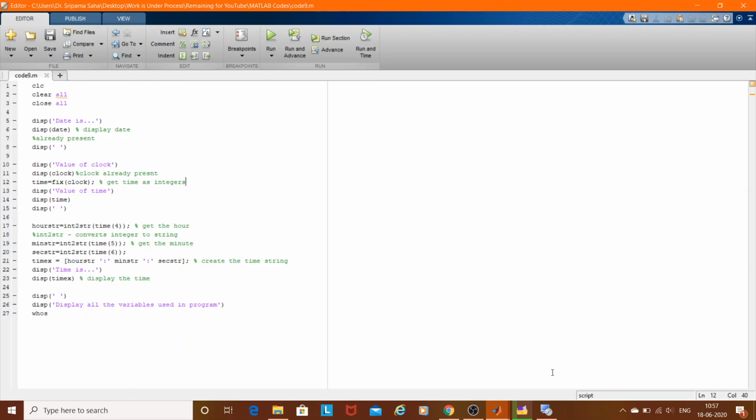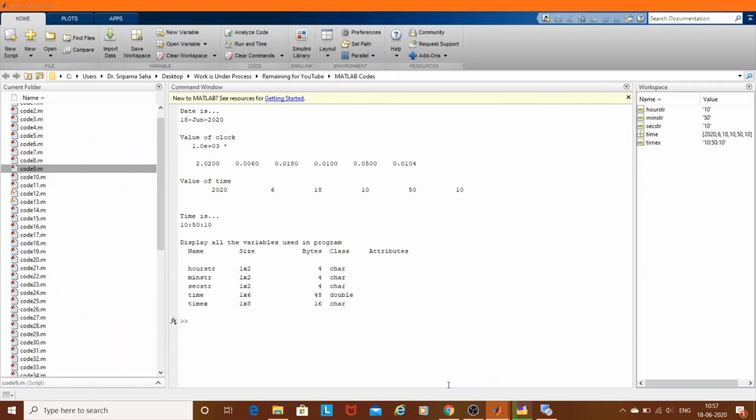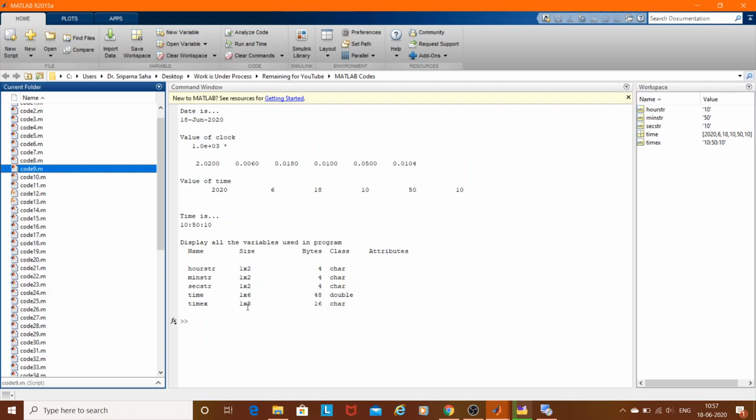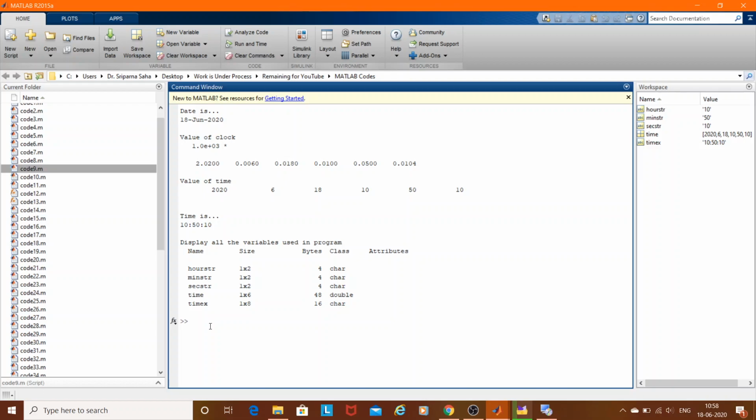So let's start. Before starting this code, let me just show you. Here you can see in the command window something has already been displayed, and there are some variables already in the workspace. Now how do we clear these things so that we have a proper view of the actual output of our code, and also eliminate the garbage values? You need to clear the variables from the workspace as well. So the first 3 commands that I always include in any MATLAB code